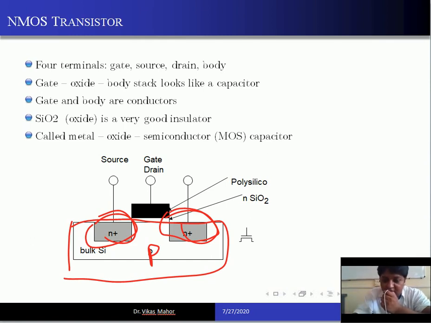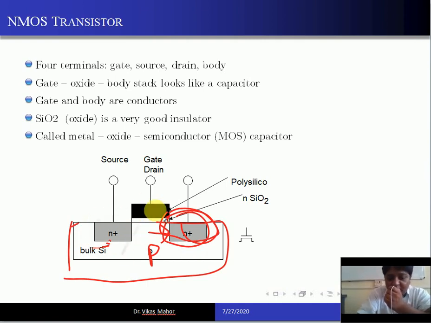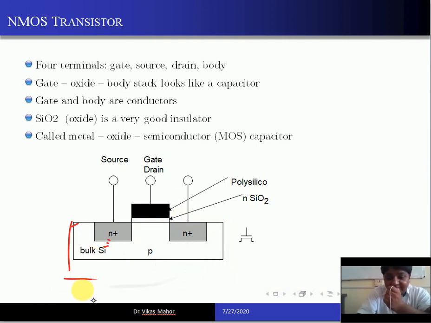And then you purposely remove some area, or you purposely leave some area here between these two areas. Fine. So what will happen then? When you purposely leave this area, it will be of opposite type, exactly opposite type.